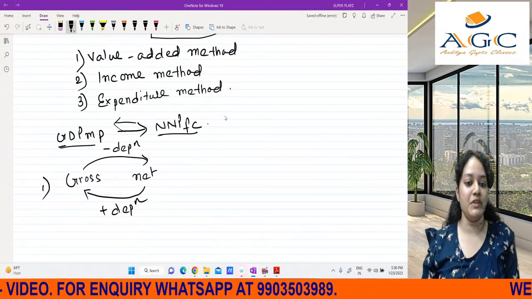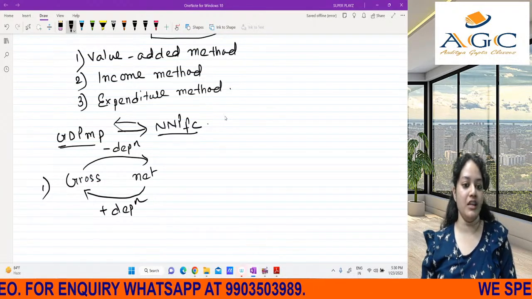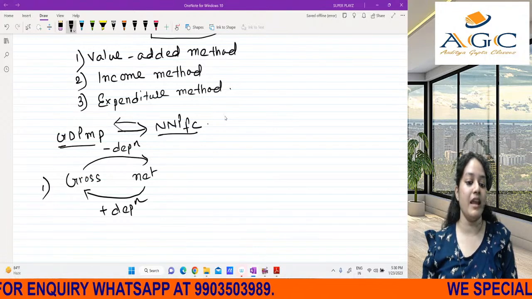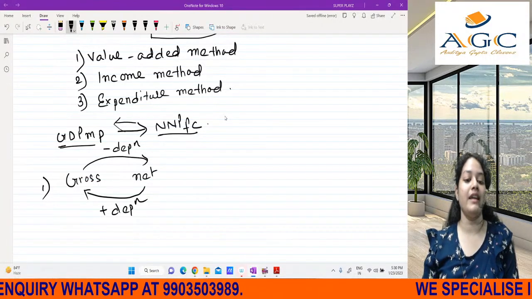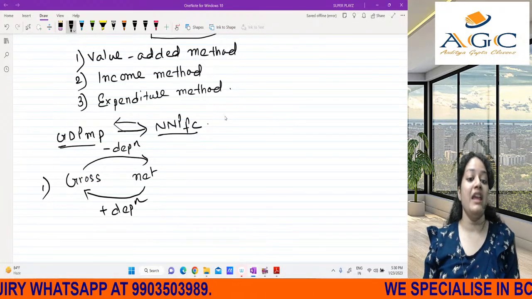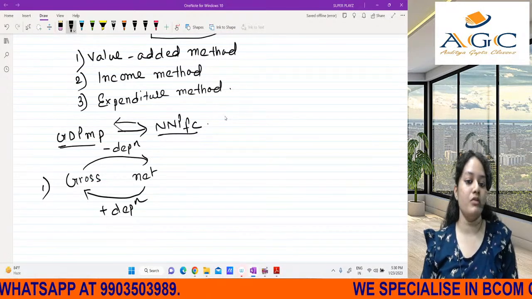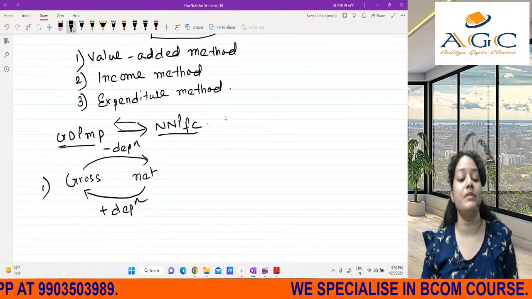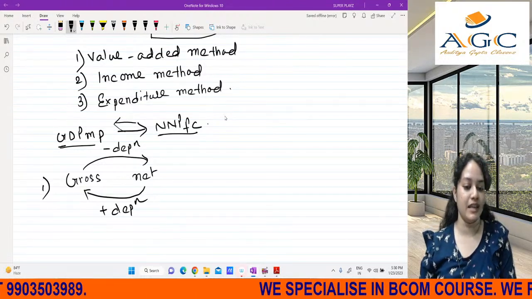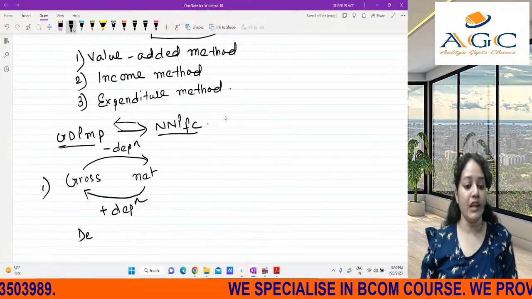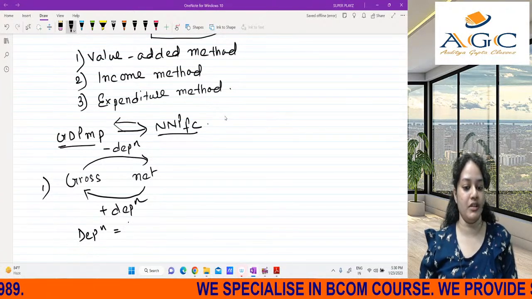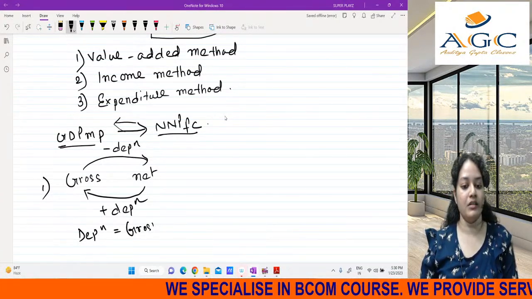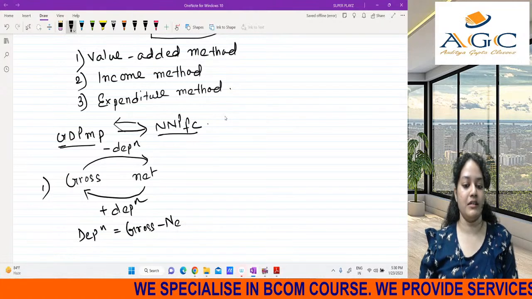If in the sum depreciation is not given directly, you have to see if there are any gross values or net values given or not. If it is not given, then you will count the value of depreciation to be 0. But if gross and net are given, then you have to find out your own depreciation there. That would be gross minus net.